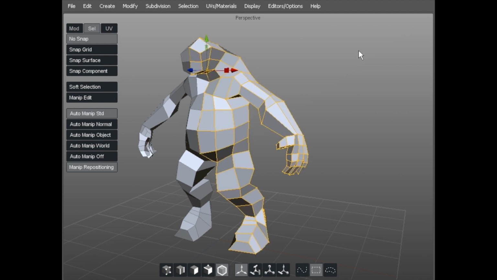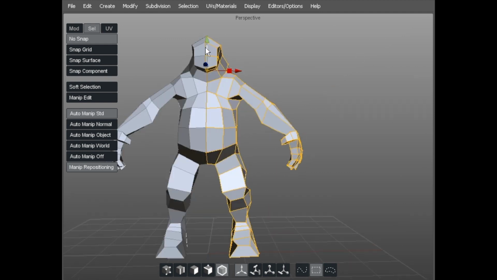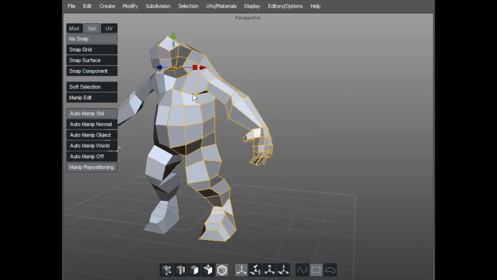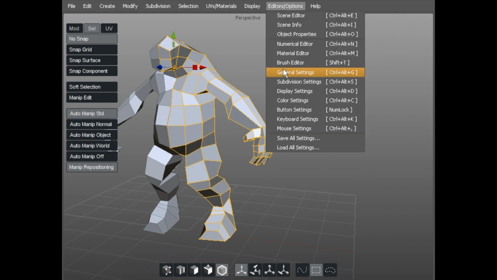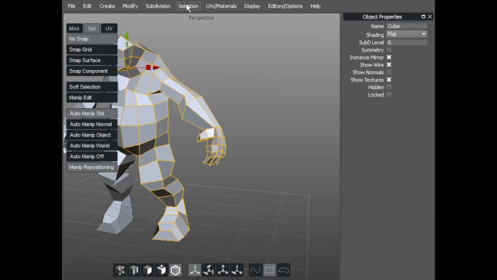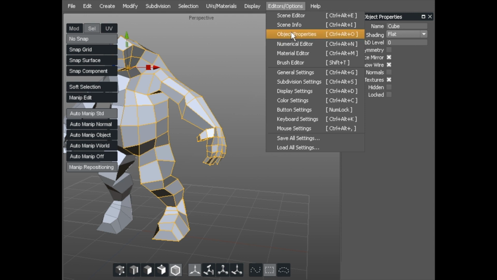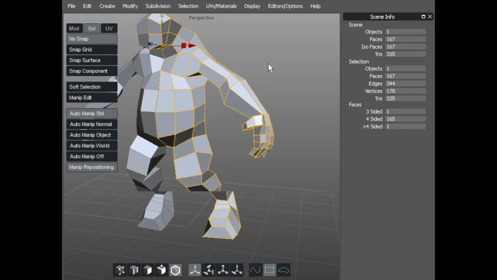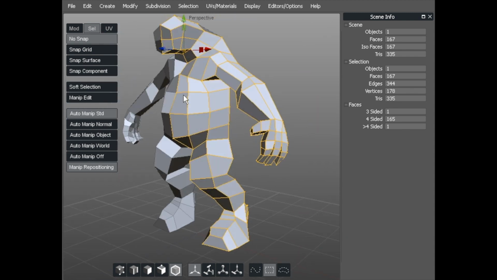So if we go to keyboard F, that's giving us object mode, and we're just working on the true half of the object, not the instance side here. So this is going to give us some details now about this half of the object. If we go to Editors Options and come down here to Object, got the wrong one, then Scene Info, and then we look at the mesh here